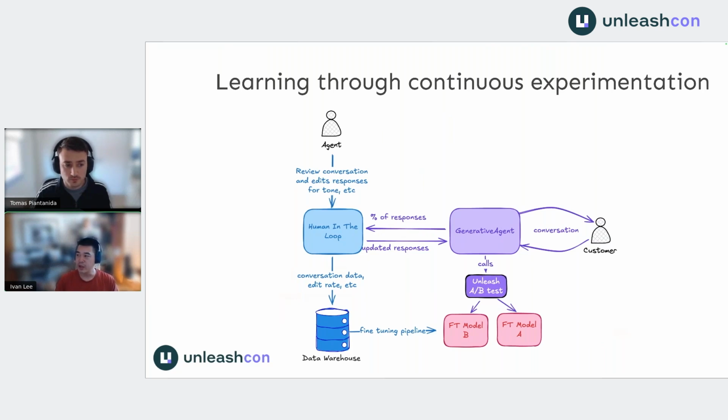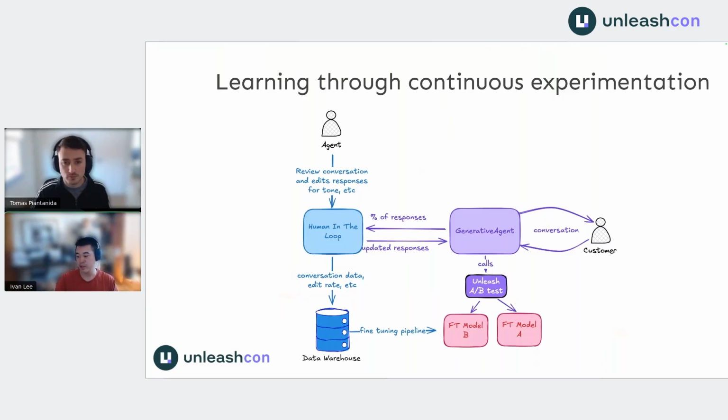So the cool thing about that is since we have all that data, we can put it into our data warehouse and use it to fine tune our models in a training pipeline, right? The feature flag framework Unleash, in this case, helps us deploy those fine-tuned models in a safe and easy way, right? We get a good balance between automation, where, for example, we can kind of tool